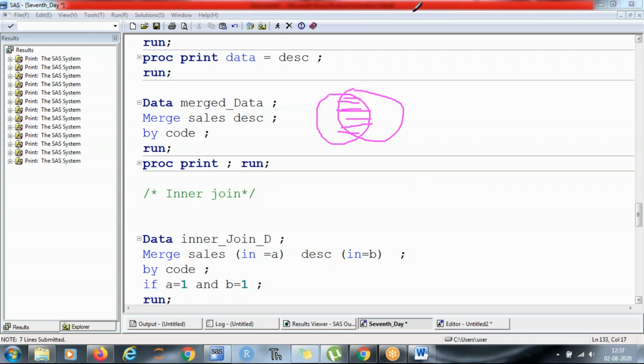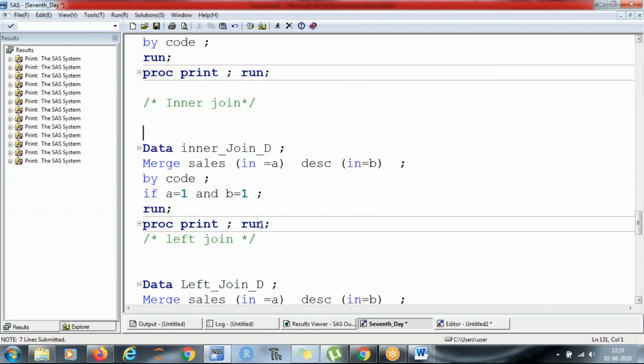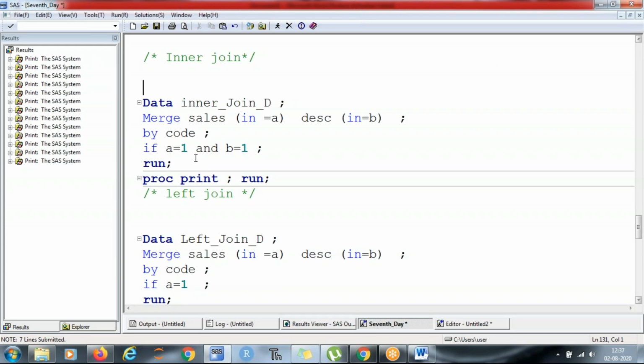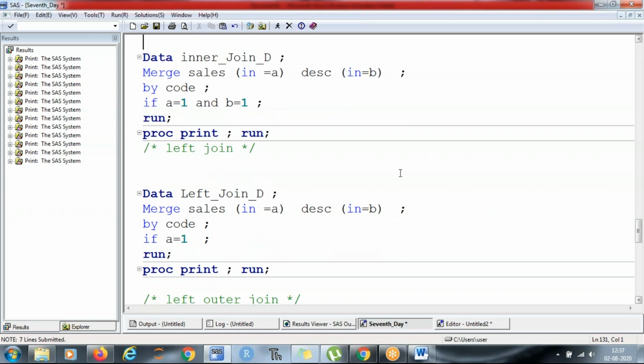And you will get 6 rows of data. Now to run a left join, we were simply writing if A is equal to 1.